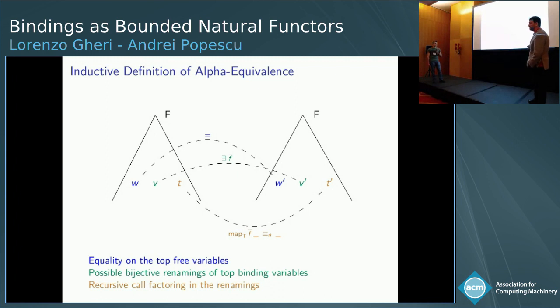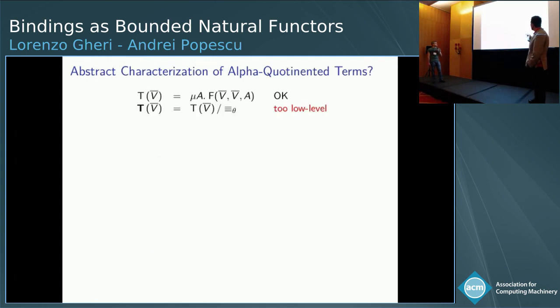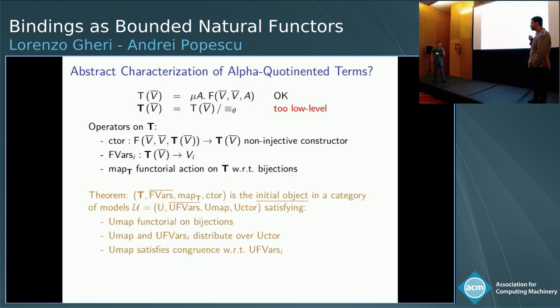It's very set theoretical. So the raw terms are an initial algebra. They are a fixed point of a given operator, but the concrete terms are just a quotient. Definition does not count that much if we have an abstract characterization, and we have this theorem that characterizes our quotient terms as an initial algebra with this operator, and this is an initial object in an equational theory, in particular Horn theory,